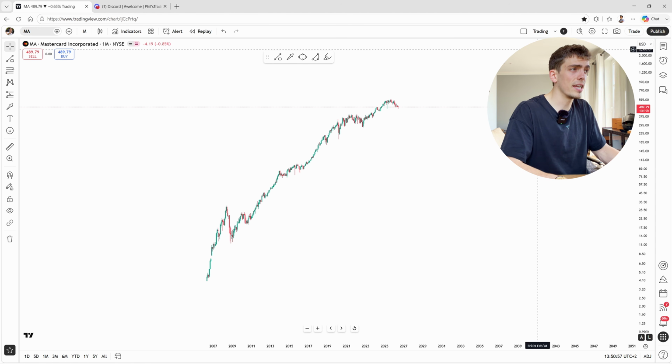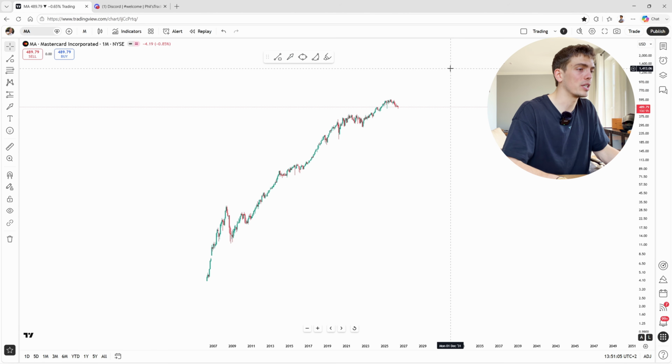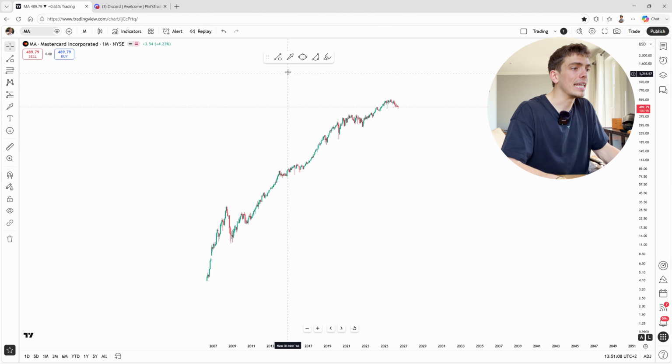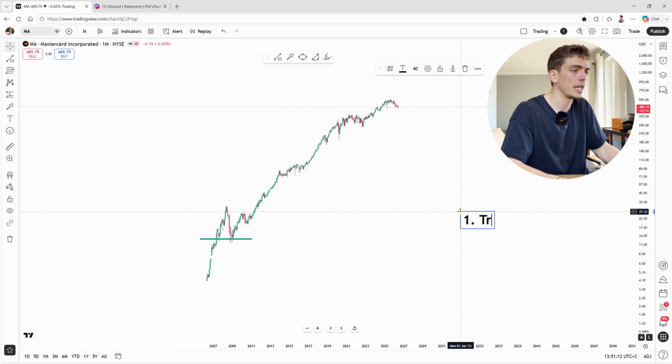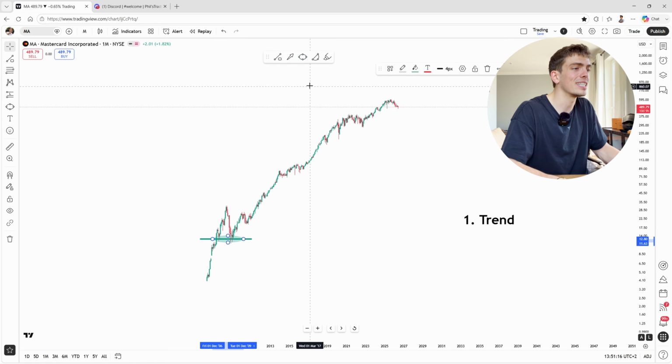Last but not least, the final setup which I want to share with you is on MasterCard. And this has also been a stock which has been printing money ever since you were able to swing trade it. Now, we're still, as always, starting with the underlying trend, but already all the way back in the year of 2009,